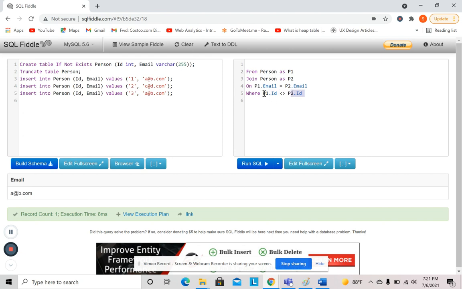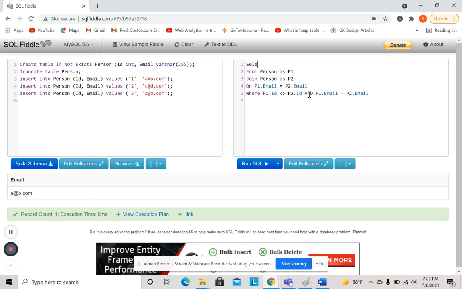We are looking at all the rows where p1 id is not equal to p2 id, and at the same time p1.email is equal to p2.email. We want both the emails to be equal, but the IDs should not be equal.